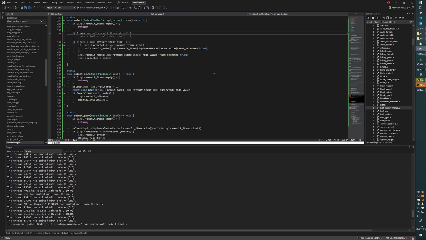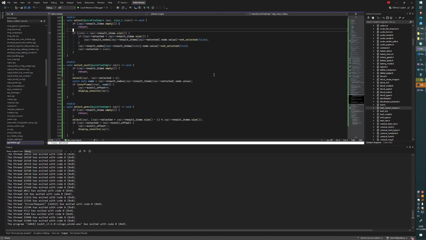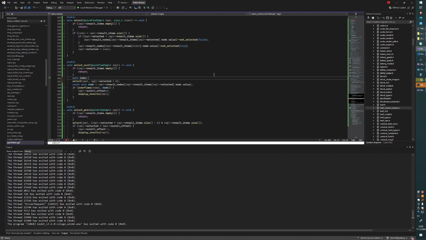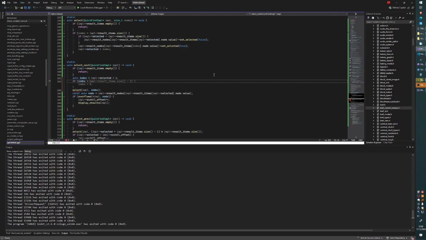If index, index is greater than, what I want to do is